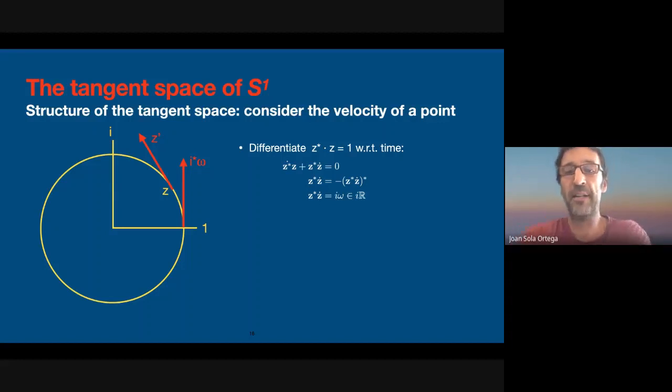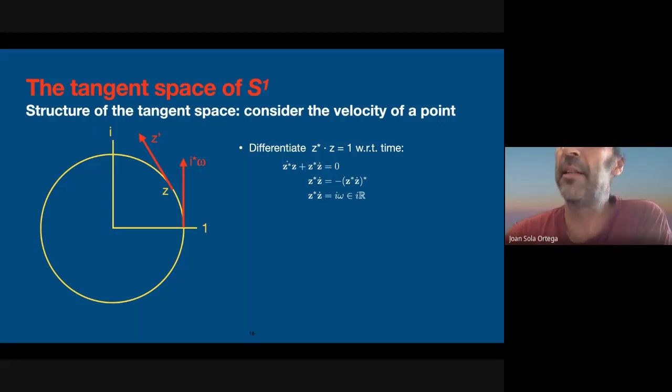You find that the second line of this set of equations, z conjugate z dot equals minus z conjugate z dot conjugate. You see that the element z conjugate z dot is equal to minus its own conjugate. Whatever z is, this product is always minus its own conjugate. And in the complex plane,